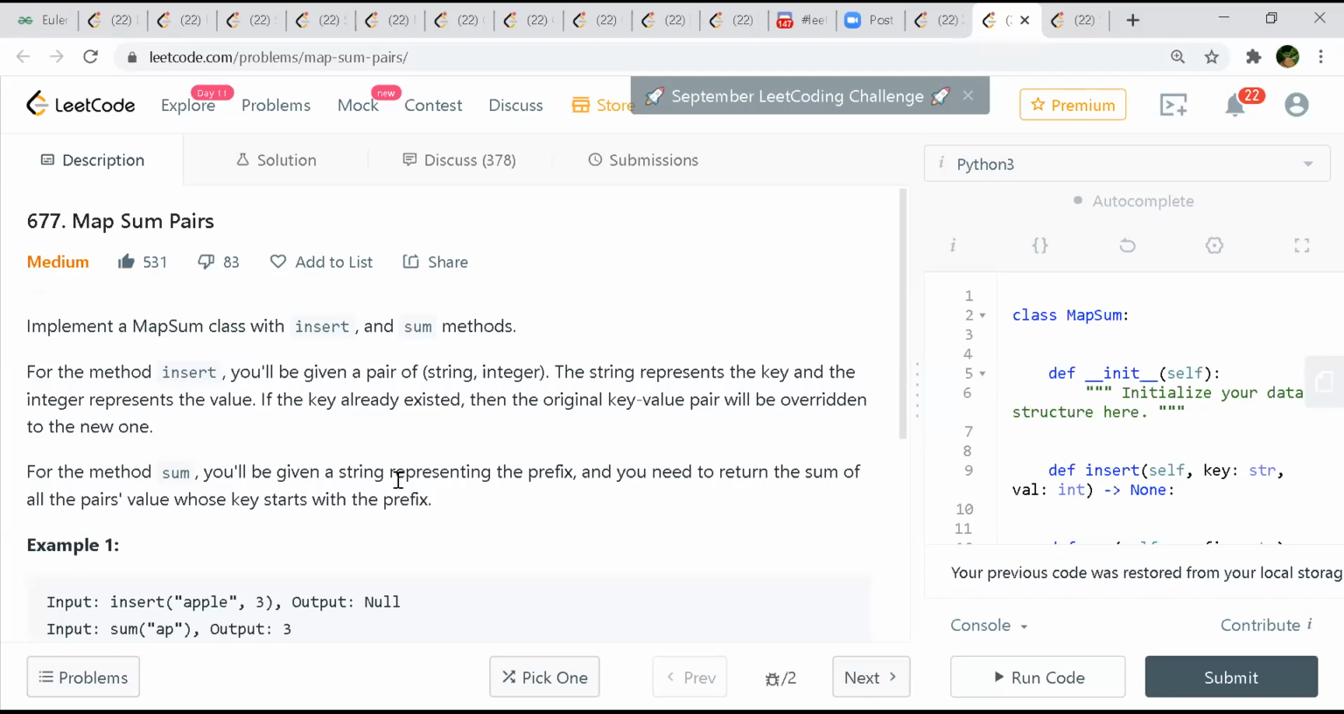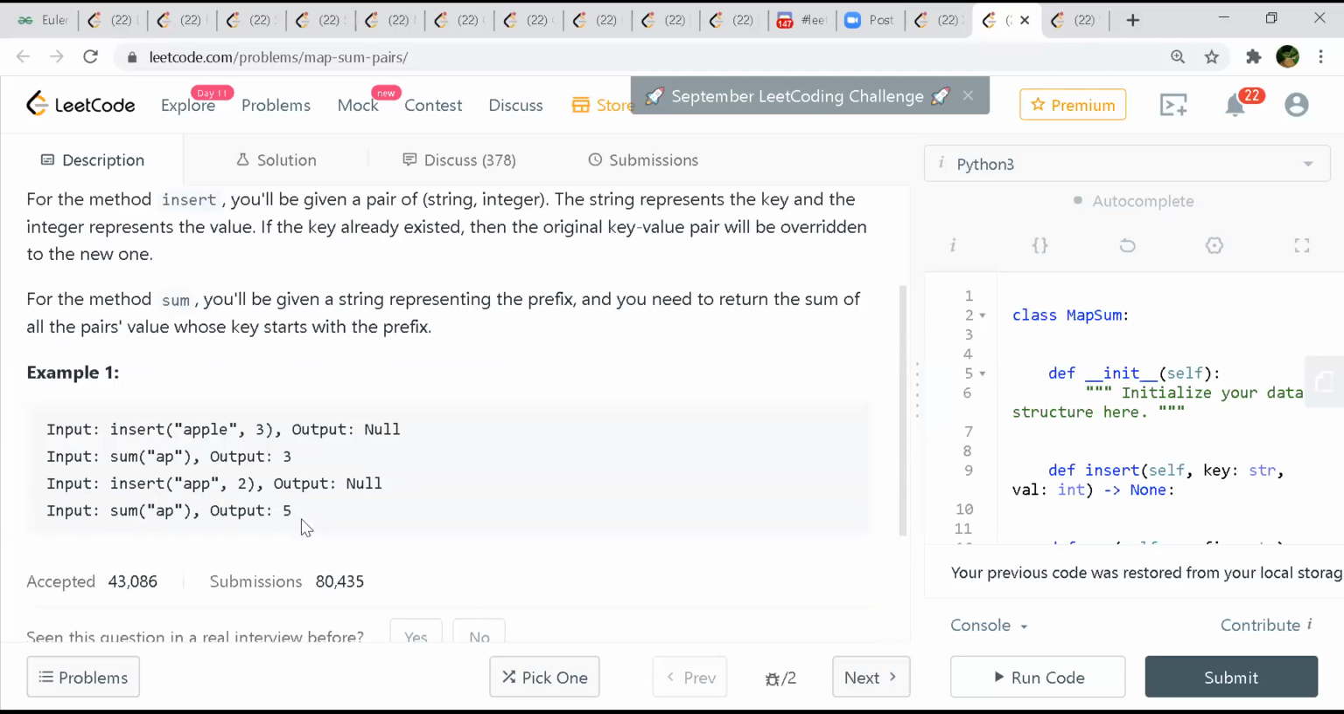For the method sum, you'll be given a string representing the prefix, and you are supposed to return the sum of all the pairs whose key starts with the prefix. So initially insert key apple with value 3. Now when we do sum of app, this prefix matches with this, so you get output 3. Next, when you are inserting app with 2, since app is a prefix of apple,